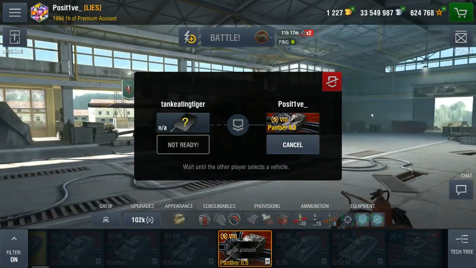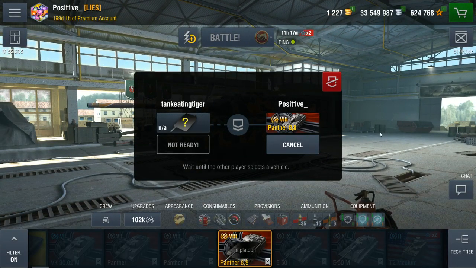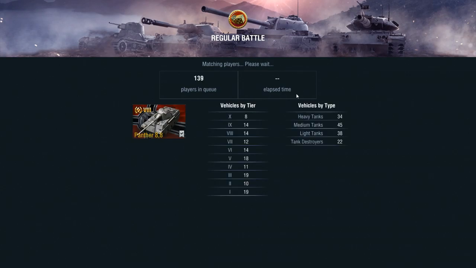Every time I roll tier 8, I'll switch off between the Panther 2 and the Panther 88, because you know what, that's close enough, right? And it'll make me some credits, even though I don't really need credits, because WG is not giving me many new lines recently to spend my credits on. But